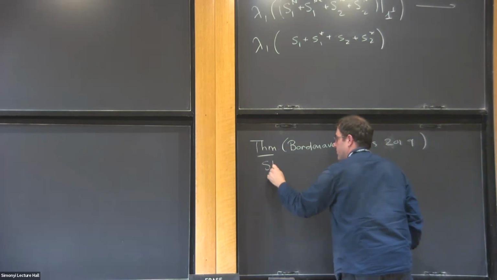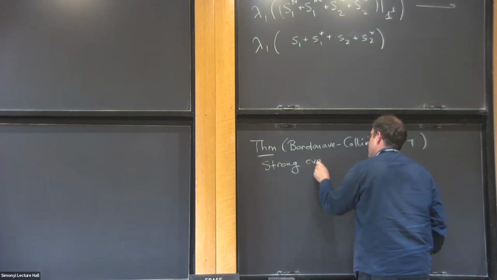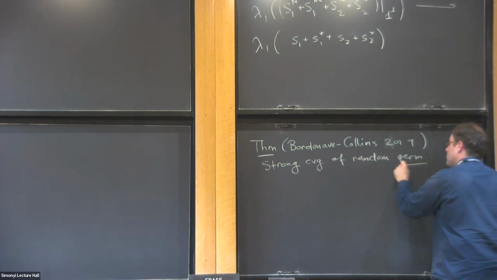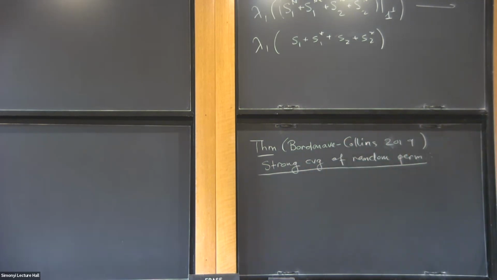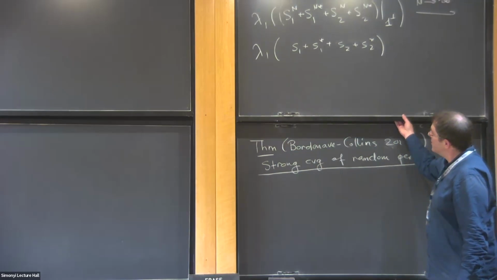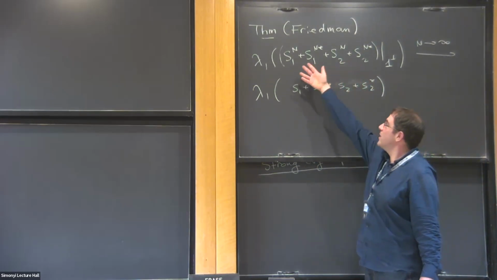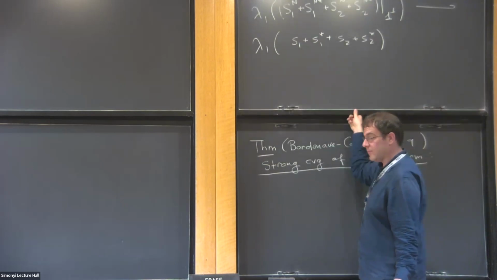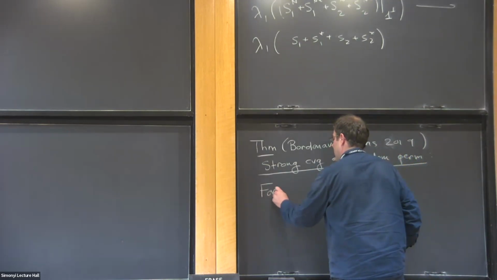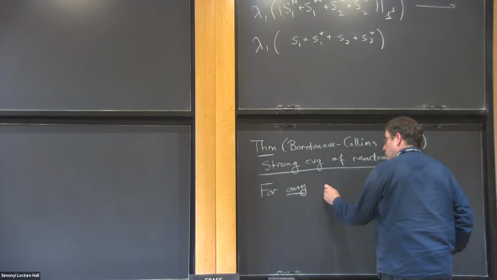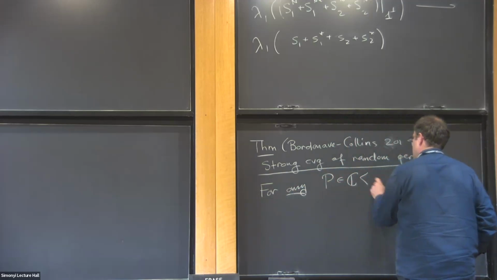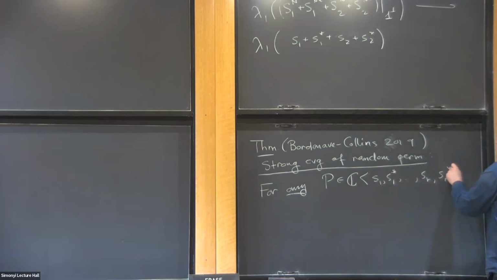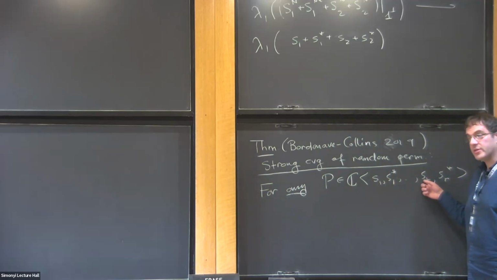Which is called the strong convergence of random permutations. What the strong convergence of random permutations says is that this statement still holds if you replace the sum by any non-commutative polynomial of these random permutations. It says that for any non-commutative polynomial in r non-commuting variables and their adjoints,